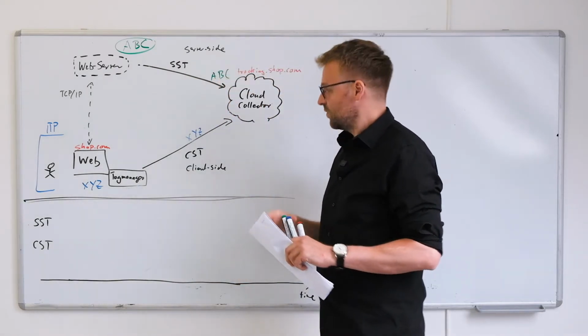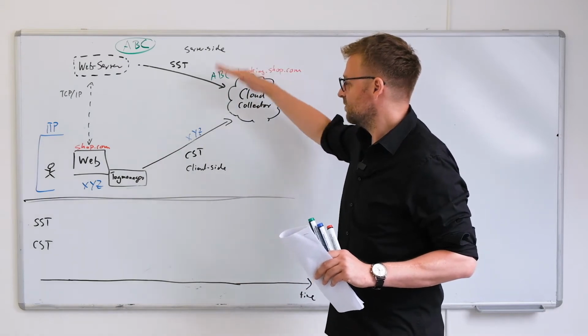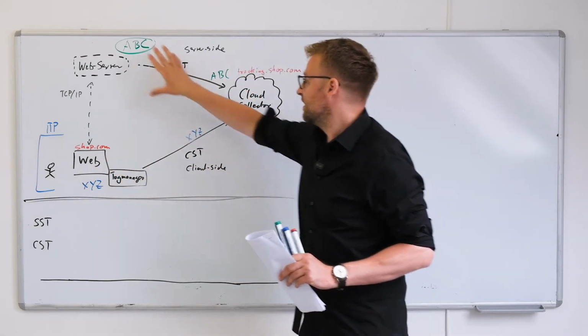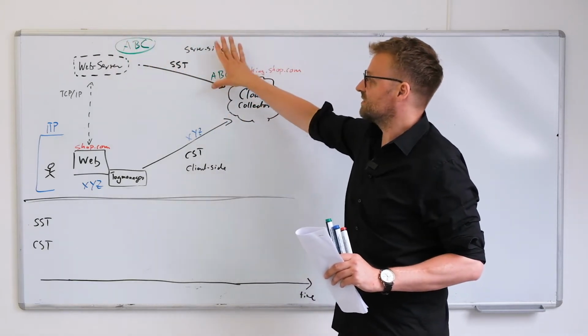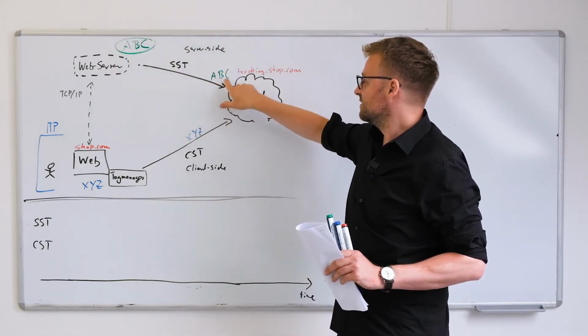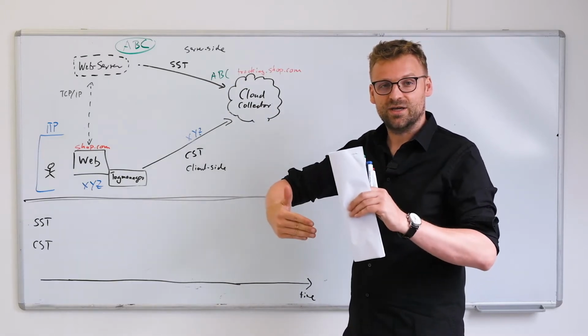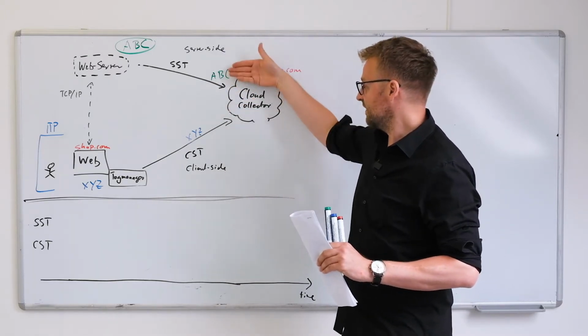So first of all, we would not be able to put both together. We have some tracking on the client side with XYZ, and here we have some different tracking on the server side, which gives us a user ID ABC. Now the problem, of course, is how to make the handshake, how to know that both of these events actually belong